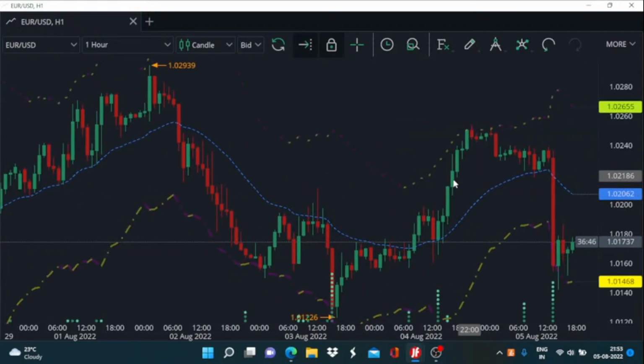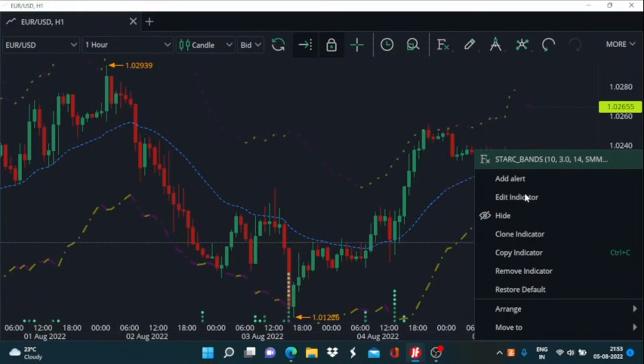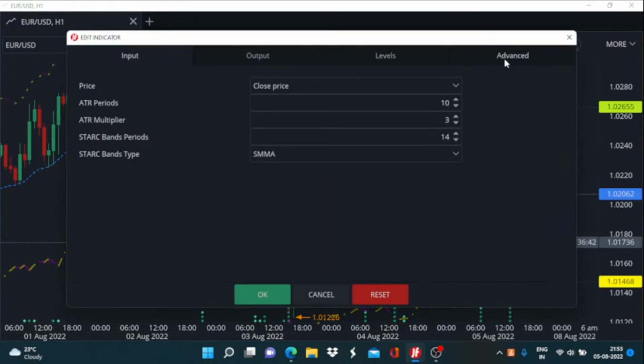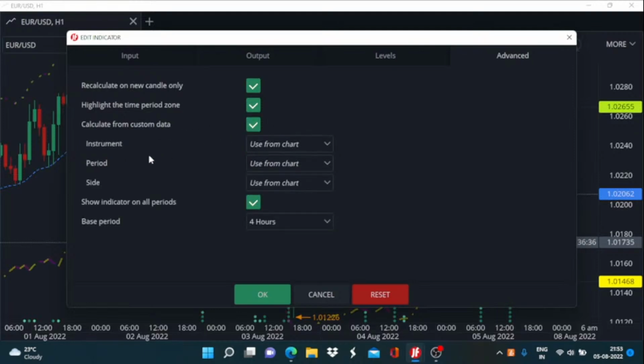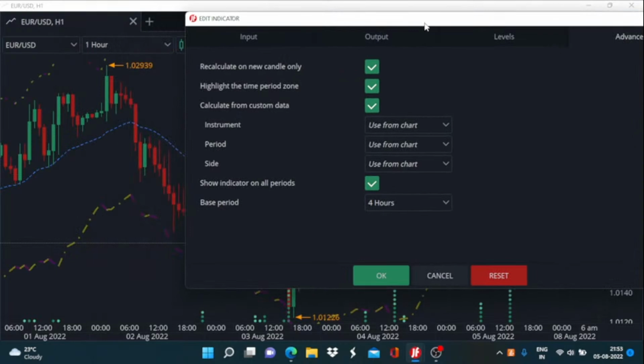So now coming back to the editing option, calculate from the custom data, we can opt for this. So if we want the calculation to be done for any of the instruments we choose here,